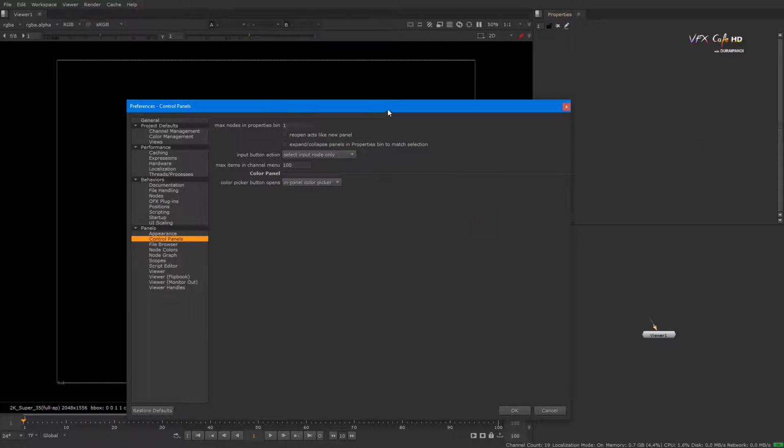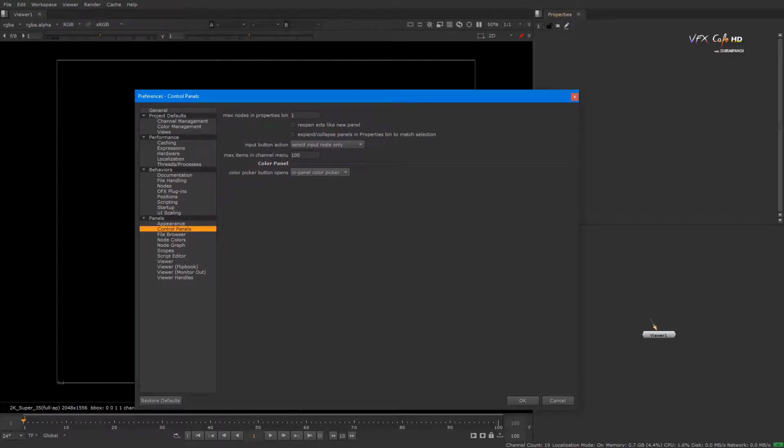But sometimes we can manually change it to 2 or 3, because we can copy from another camera, grade values, everything, to another node. So that time we definitely need 2 or 3. We can manually add them, but mostly we use only 1, because we don't have space and don't want to see extra node properties at the same time.